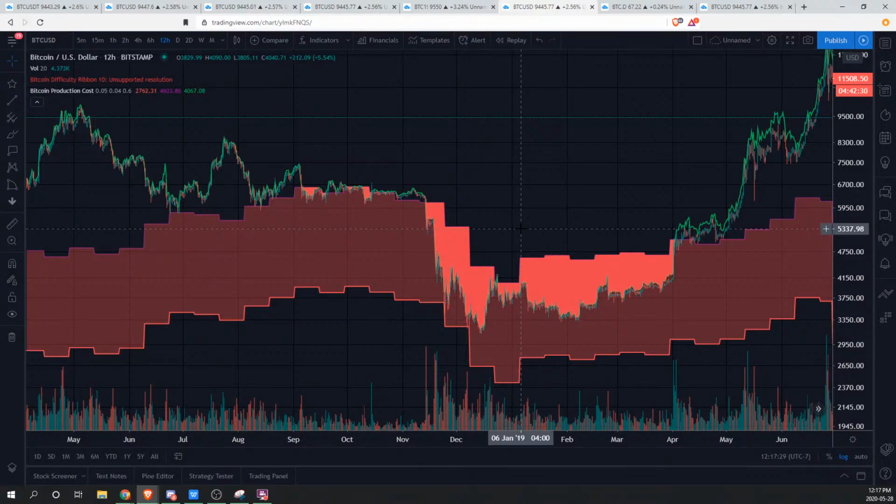They turn off their mining equipment, and then they wait for the bounce to come, and then once the price is at a point where they can be profitable, they'll just turn back on their machines. It wasn't like that. The price kept on bleeding. So then miners eventually just got blown out. They went bankrupt. They had to sell their BTC and get out of the market, and that's exactly what happened,